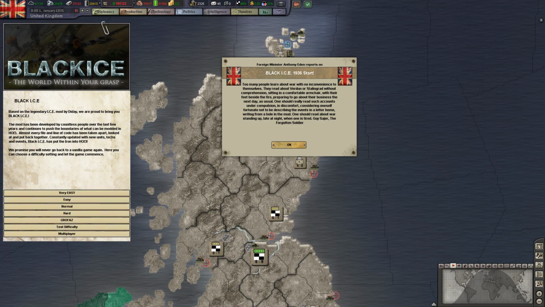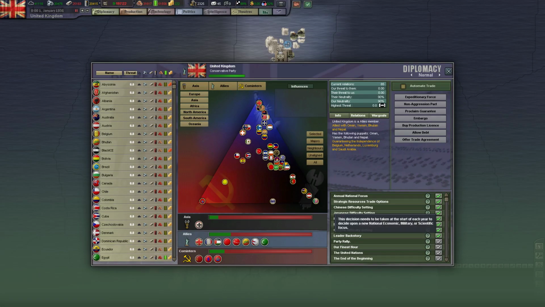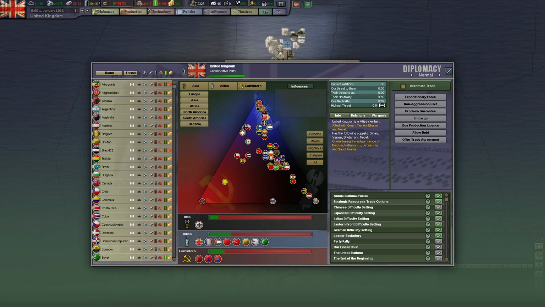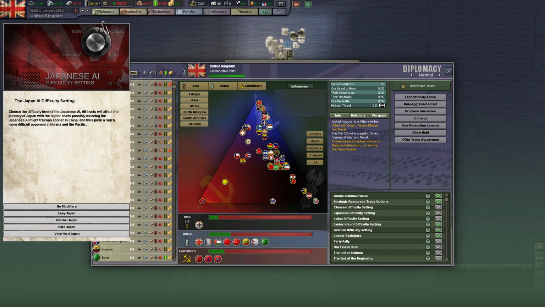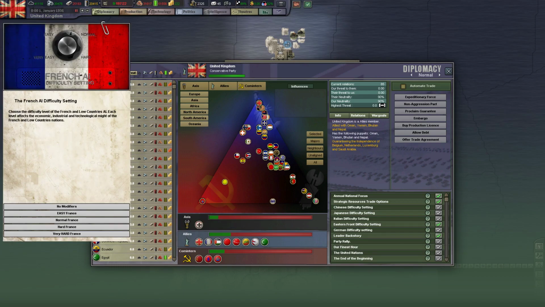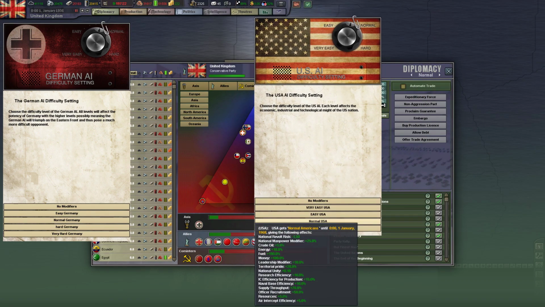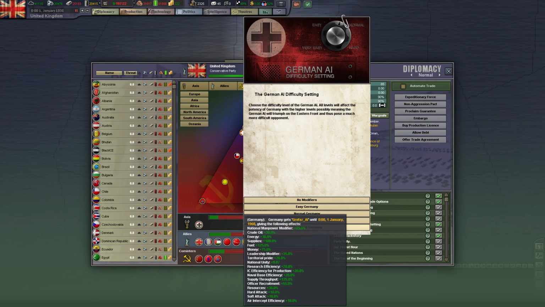Now, we will trigger the 1936 start, and I will play this on normal, but when I select the difficulty settings, I will put China on normal, I will put the Italians on normal, I will put the Japanese on hard, and I will put the Germans... Oh, no, these are individual. Okay, so the French I'm going to put on easy. I'm going to put the Americans on normal, and I'm going to put the Germans on...